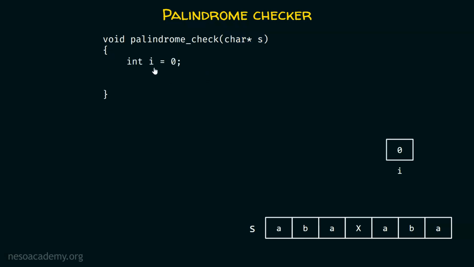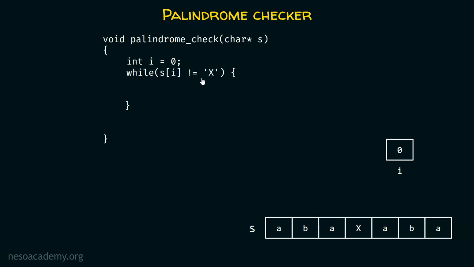Now here I have declared a variable i and I have initialized it to 0. After this, we have this while loop, and in this while loop I'm checking this condition: is S[i] equal to capital X? What do we mean by this? We want this while loop for the purpose of traversal. We have to read all the characters from left to right until we reach X, right? That is why this condition is required.